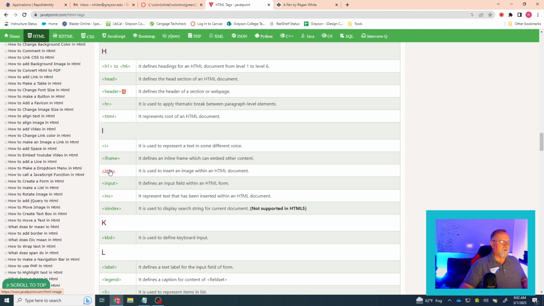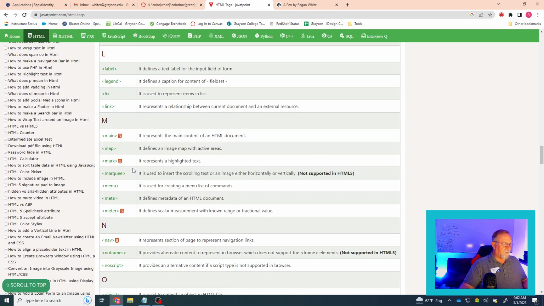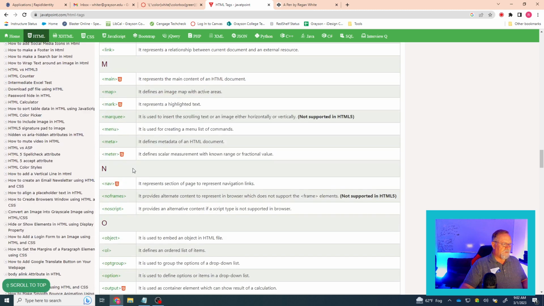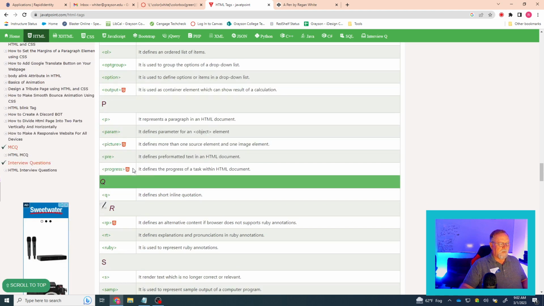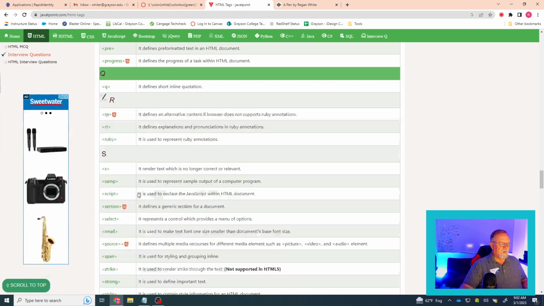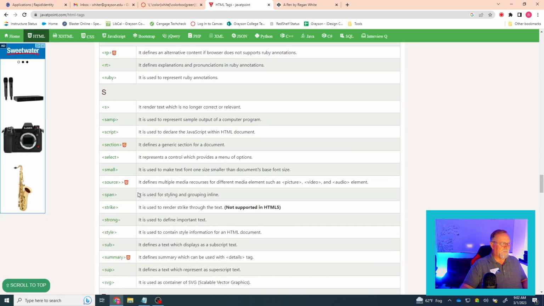The image tag is for pictures. The input tag makes an input field on the form. We'll talk about forms later. The keyboard tag defines keyboard input. We'll talk about that later. Pretty much this page, as you can see, is very in depth when it comes to the tags that can be used in HTML. I'm not going to go through all of them because, frankly, there's too many of them. I'm just trying to go through here and find